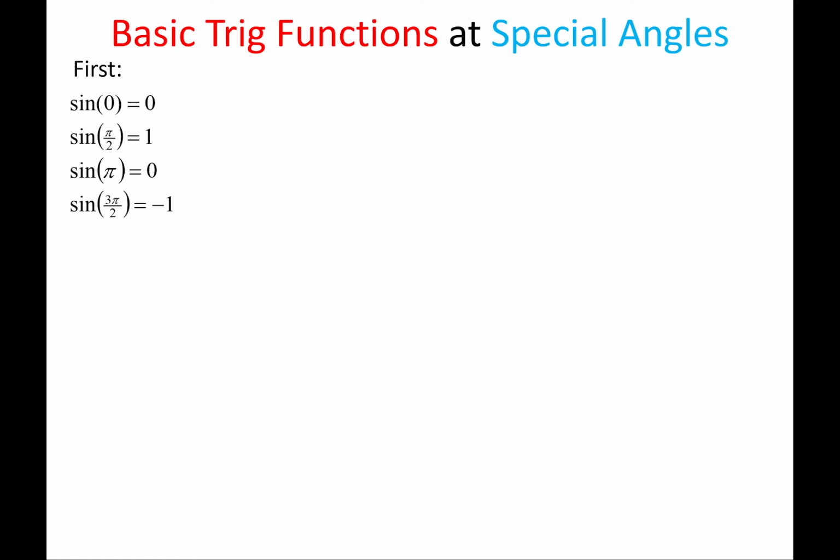In an earlier video, I described how you could imagine a triangle with a very small angle, an angle very close to 0, or a triangle with an angle very close to 90 degrees, and use those triangles along with SOHCAHTOA to figure out what the sine of 0 is equal to and what the sine of pi over 2 is equal to. We could do the same thing for other special angles, like what is the sine of pi, what is the sine of 3 pi over 2, as long as we accept the convention